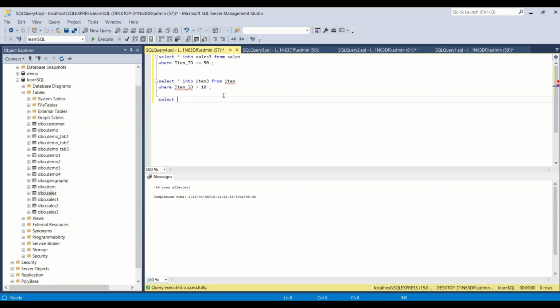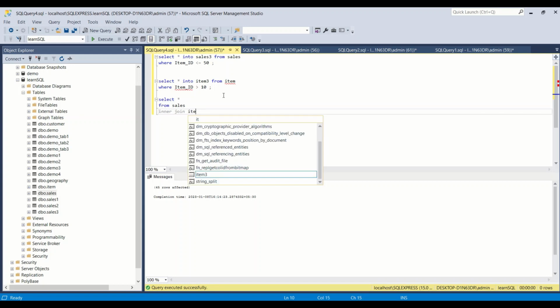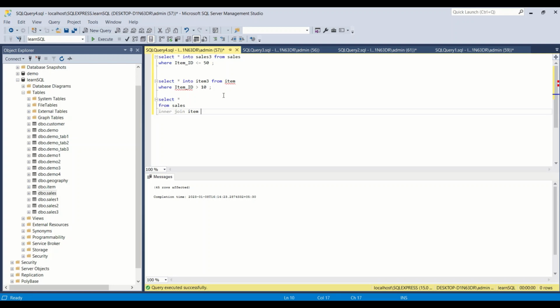So we have select star from sales. Now what happens is when we take more than one table and they have the same column names, they start creating problems. Means the same column name can, like I want to perform a join. So what I'll do is I'll say inner join item, and then inner join item on, I have to write down on